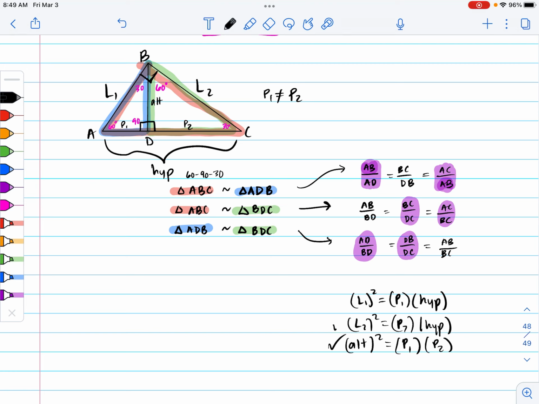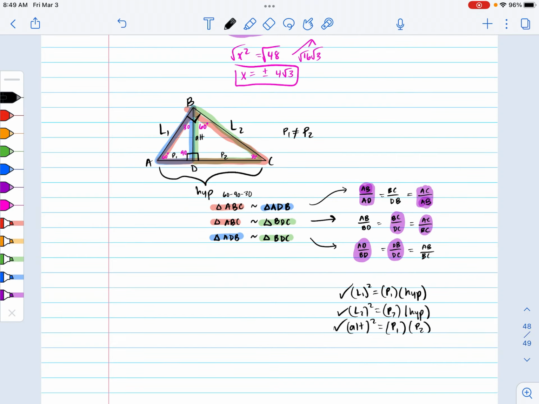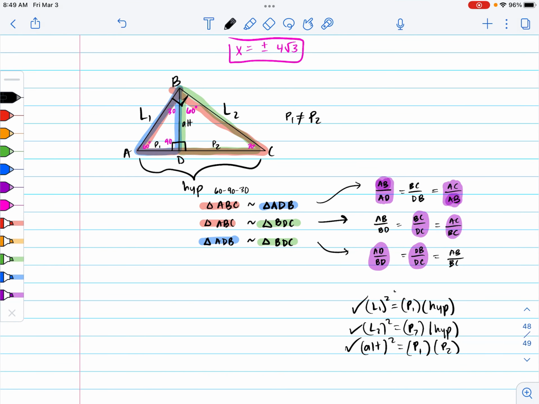We're going to have problems where we're going to be solving for the altitude, or we're going to have a missing leg, or another missing leg, and we're going to be solving for parts of these right triangles. Okay, that's it. Know these 3 equations. I don't expect you to do all of this every single time. I would definitely recommend learning these 3 equations out. If you have any questions,